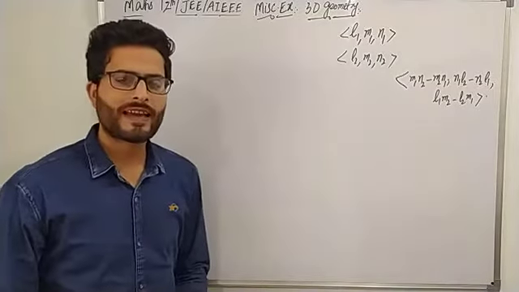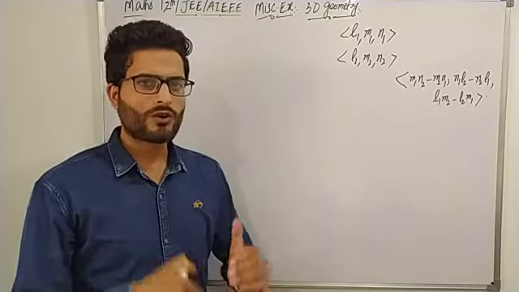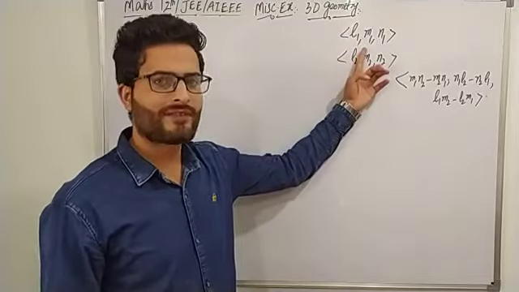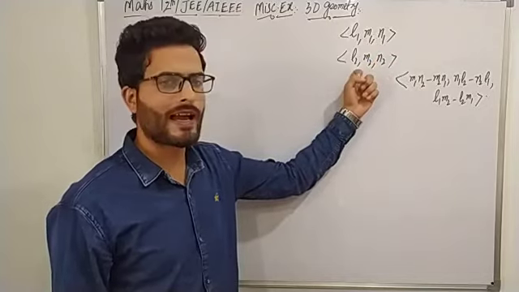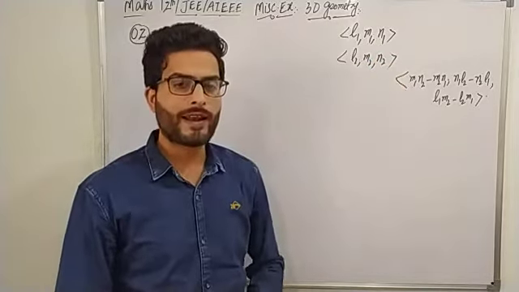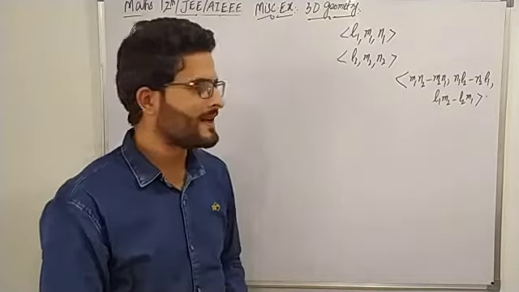Now we are on question number second of this miscellaneous exercise, and in that question number second we have two lines with their given direction cosines. The direction cosines of first line are L1, M1, N1, and the direction cosines of second line are L2, M2, and N2. Then we have to prove that the direction cosines of third line, which are perpendicular to these lines,